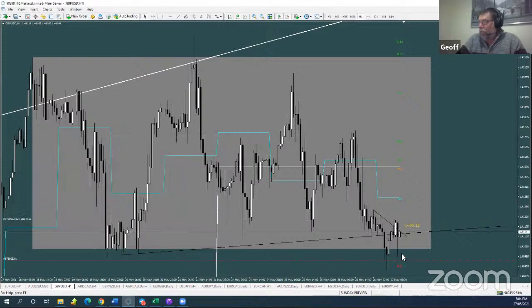All right, there we go. So we've got our stops here. We could be more conservative and put them there. But if we're wrong here, we're probably going to see price go through the bottom. So this is a multiple of trades here, really. We've got the break of the bottom of the range, which looks like being false at this point. We've got a clear false break indicator of this trade line. We've got a break and retest of the resistance trade line. We've got an untested daily pivot above us, and we've got a little bit of room to take our first profit, which is, let me tell you,